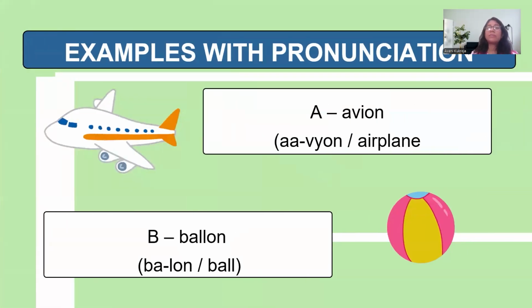Now let's learn some words with these alphabets. Okay, everyone. So aeroplane in French is avion. Everyone, avion. With the letter B, we have ballon. See, the pronunciation is here and the translation is here. I hope you're understanding. On the left hand side is the pronunciation, right hand side is the translation. Once again, avion, ballon,